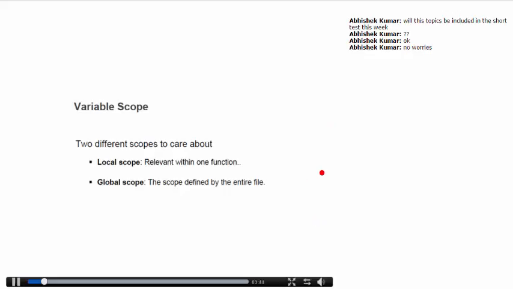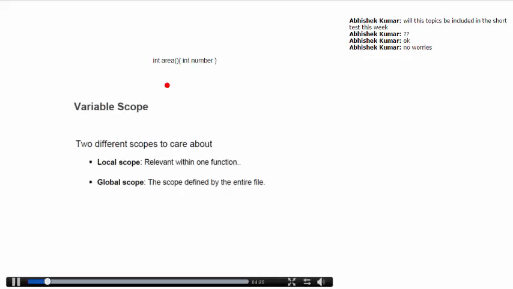If I have to show you, let's say I create a function, int area, with parameters, and then the starting and closing braces for the function. Within that I will create a variable, let's say int